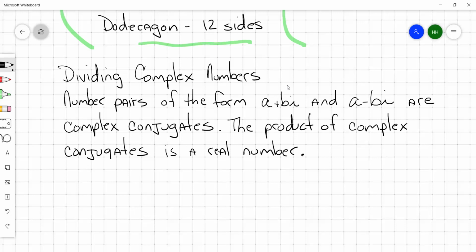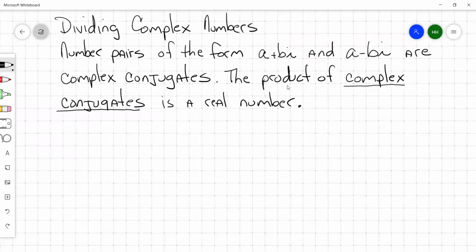That's the key, the product of complex conjugates. So if you multiply a number by its complex conjugate, you get a real number. Or if you multiply a complex number by its complex conjugate, you get a real number. Here's what that means. If you've got 9 plus 12i, and you have to divide it by 3i,